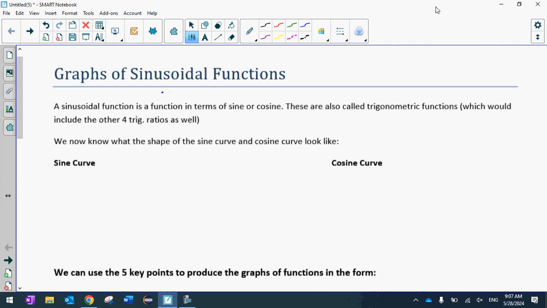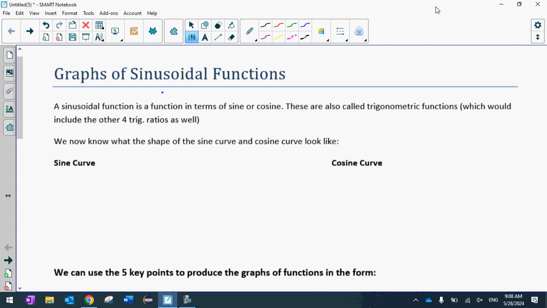graphs. We're not going to look at the other four graphs in this course. They're not as useful. They don't model real-life behavior as often, and you'll see them next year in grade 12. So we'll just look at graphs of sine and cosine. And you started that yesterday, looking at what y equals sine x looks like and what y equals cosine of x looks like. So what we're going to do today is take those base graphs that you came up with, and apply transformations to them. Just like we did at the beginning of the year, just like we did with exponential functions, but with sine